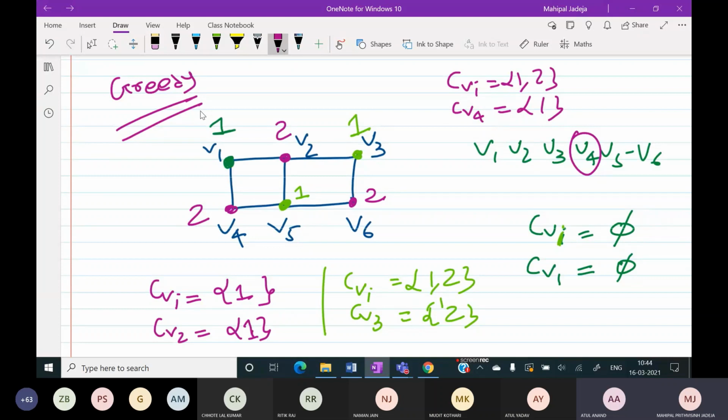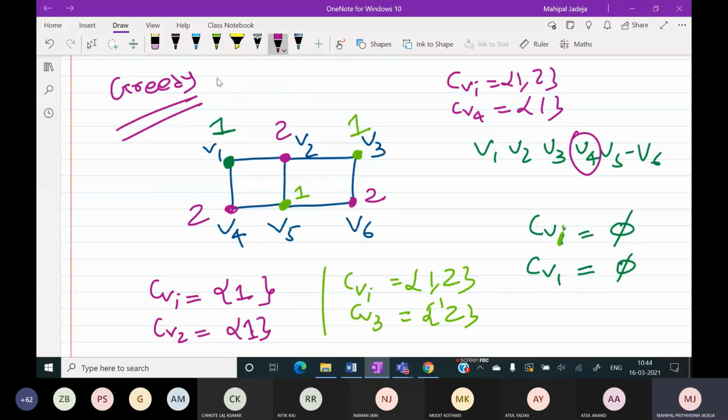What are we doing in each iteration? In each iteration, we take the minimum color, minimum 1. That is fine, but the objective is to minimize the total number of colors used. So if I use colors which are available, then definitely that is my local choice. We don't want to spend any extra colors if there are any available colors. If locally you do it, then globally you will achieve your target. That is the idea of the greedy approach.